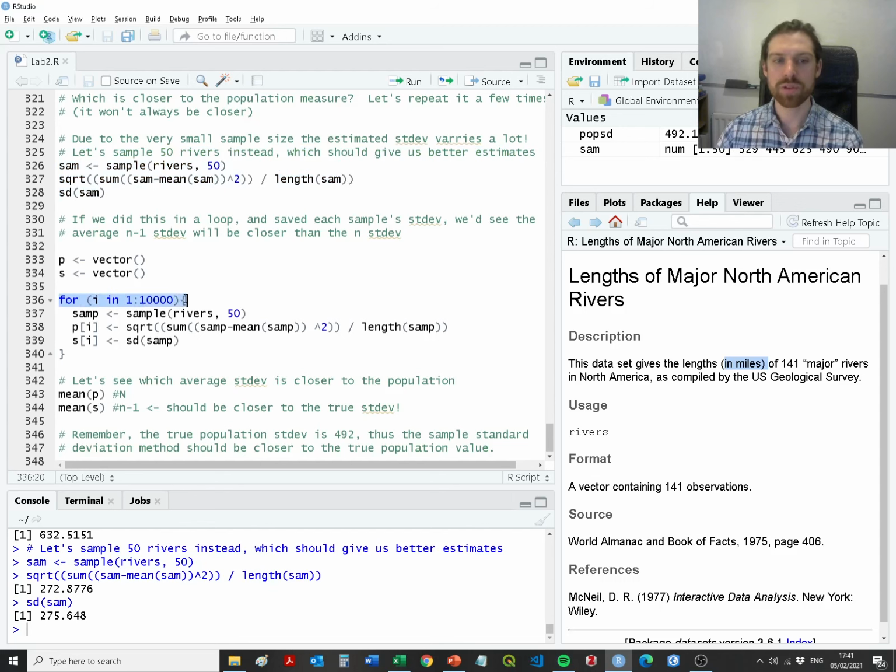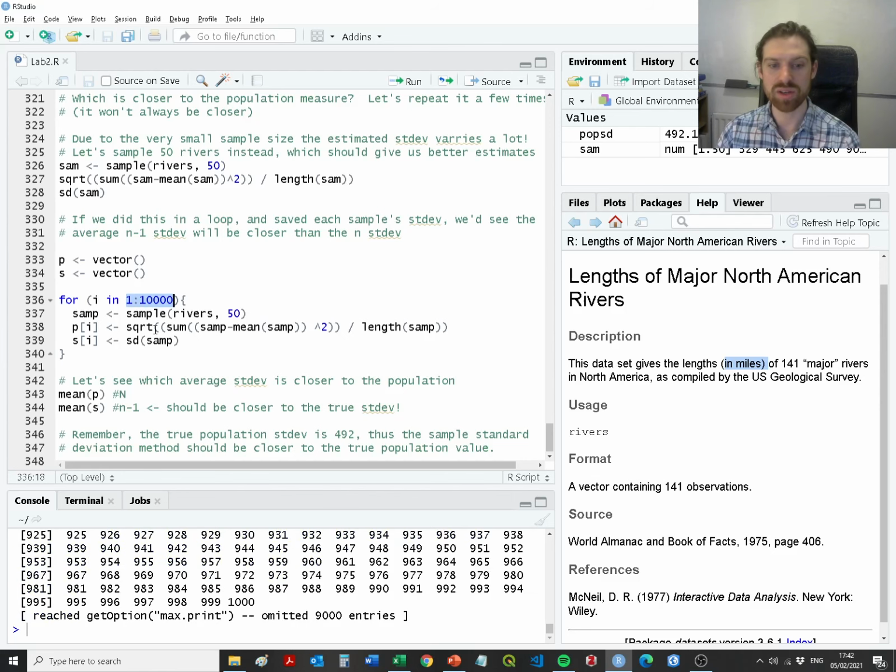And the loop, basically, if you don't know what this means, it's just saying for I, which in this case is a number, let's just say it's 1, and then it's 2, and then it's 3. Basically, it will just loop all the way up to this top number here. So for I in 1 to 10,000, I will just take the form of each one of those numbers between 1 and 10,000. Okay, so we'll generate that 10,000 times, and each time I is generated as one of those